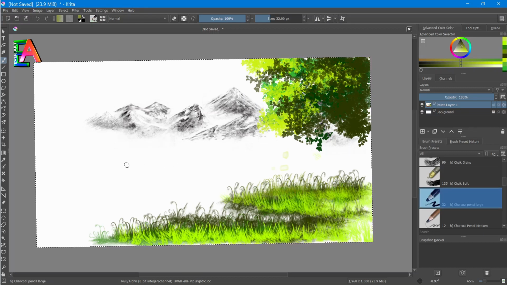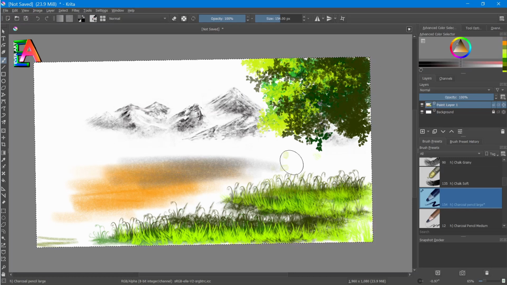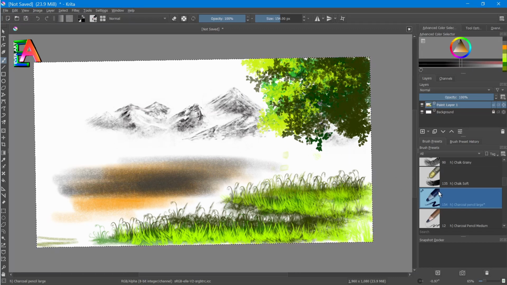This will give you just the pattern of the charcoal pencil, but you have to adjust its color yourself. If I set its color like this, it will affect the texture like a charcoal pencil, but whichever color you select will be blended here. If I select a gray-like color, this will give you a gray color, and if I make it darker, this will give you a darker effect. In this way you can change the color.